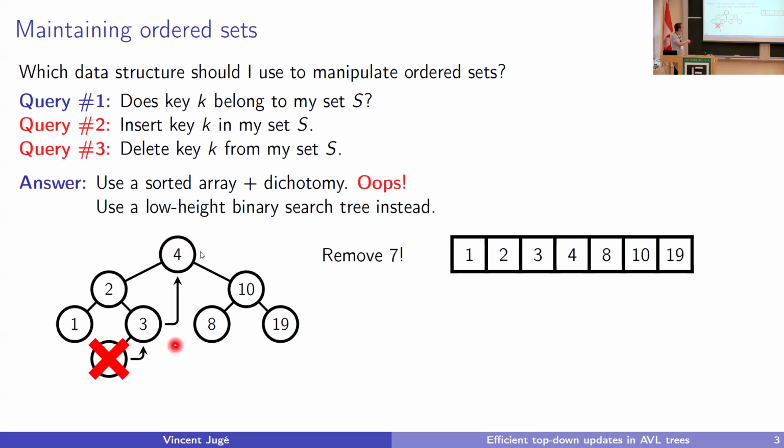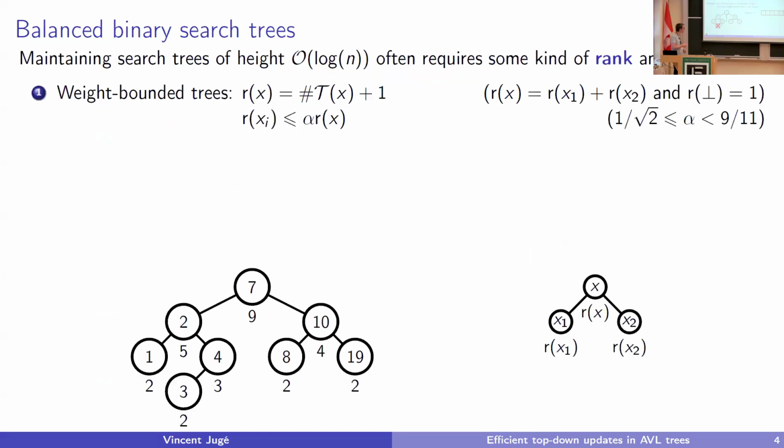So basically, inserting a key will of course result in inserting a leaf in my tree. And deleting a key, I might want to delete a non-leaf, but I will end up deleting some leaf and making some element moves in the tree itself. So these are the kinds of questions we will be focusing on.